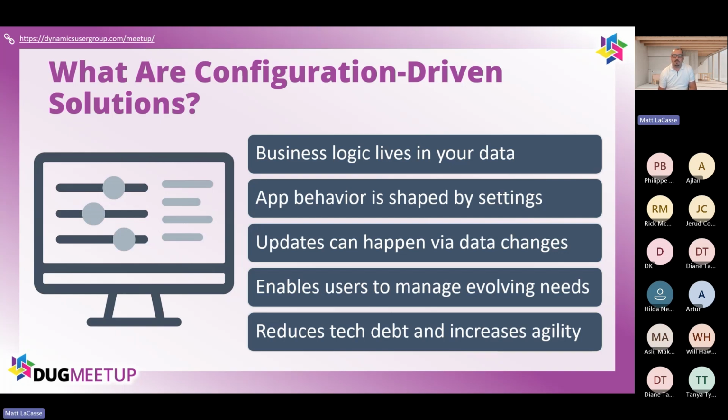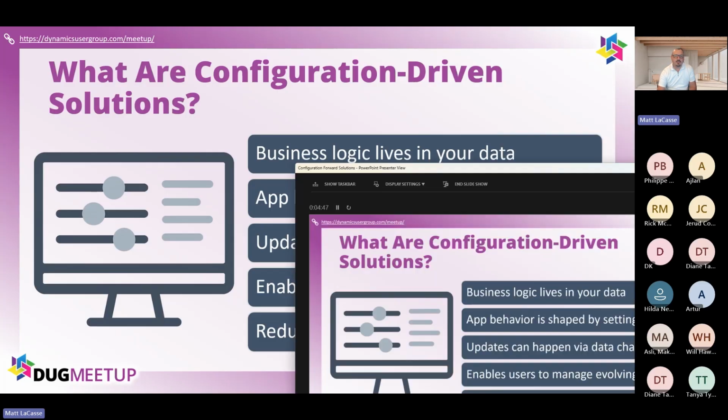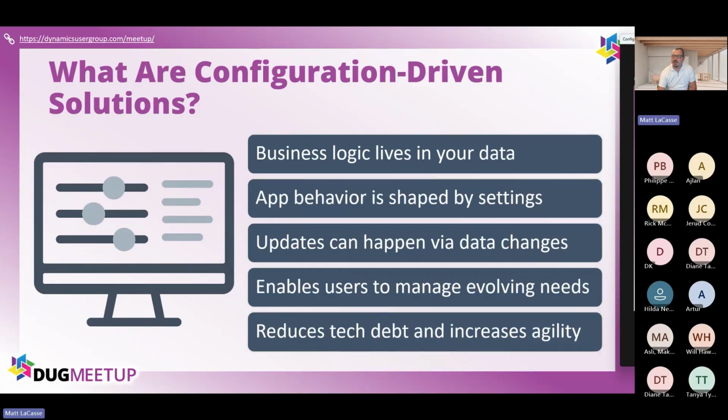By switching to a configuration-driven approach, areas of your app behavior become controlled by settings, by data. And when the functionality of your app is controlled by data, the process to change application configuration in your dev, test, UAT, and production environments can become simpler and a lot more agile. It allows you to respond to your changing business needs more rapidly and empower your business users to take charge of areas of their business that may have constantly evolving needs. So what does that look like?